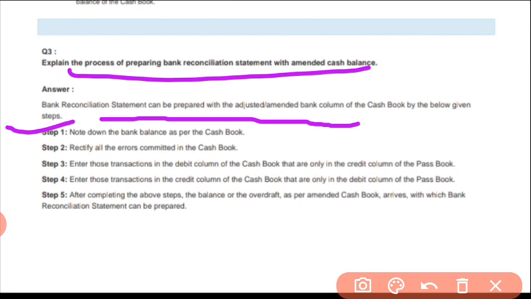Whenever balances as per passbook are given, in that case you have to keep in mind that whatever adjustments we record in plus items in the case of balance as per cash book, all those items will be recorded in the minus item side as per passbook. Let me repeat in Hindi: if you have prepared the bank reconciliation statement as per cash book, then whatever items you record in plus, when preparing as per passbook all of that will be recorded in minus, and the items that are minus will all be recorded in plus. Is it clear?